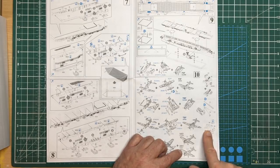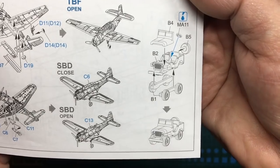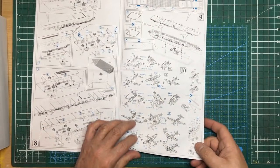Bit of a funny looking bonnet there. I'll just show you that close up. That looks a bit weird to me, but we shall see what it looks like in the plastic. And then we've got our